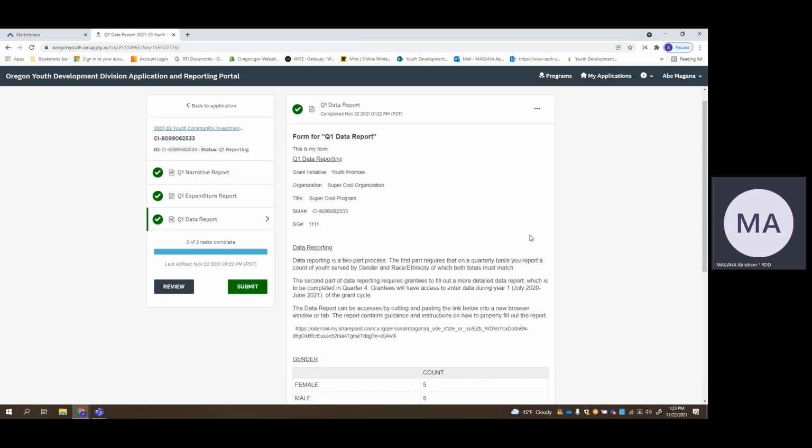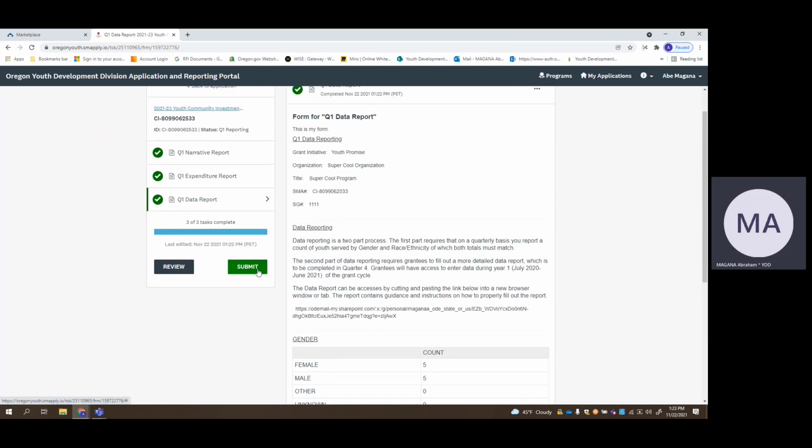Now, it's very important at the end of this that you hit submit. Hitting the submit button will let the grant manager know that you have submitted all your reports as well as submitted your claim. So we can go ahead and begin reviewing everything for processing. But always come back to this. Now, mind you,